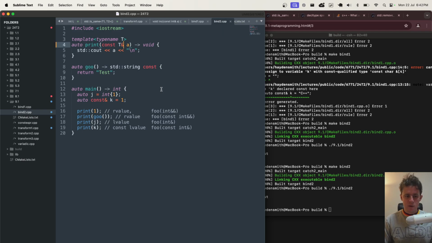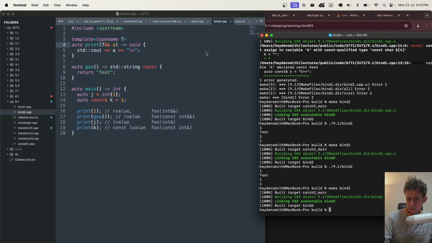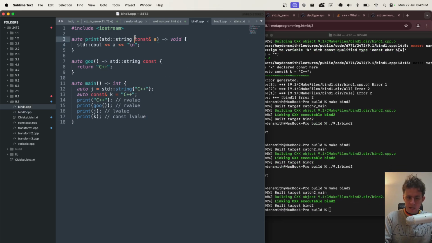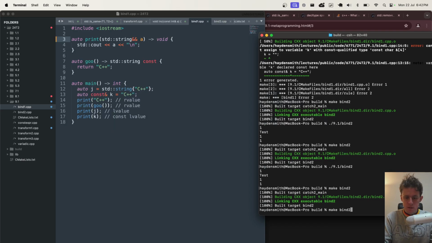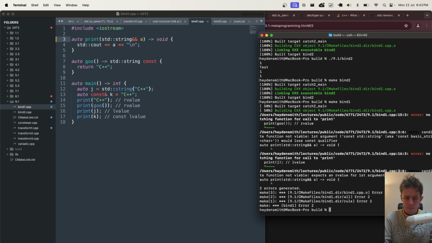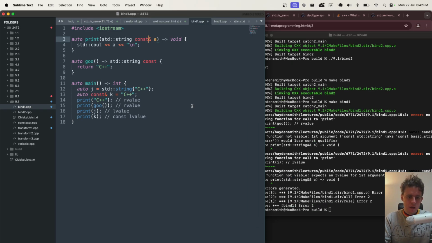It's more saying that a templated T works with templates. Whereas if I go back to bind 1 and simply say everything is a string R value reference like this, then that won't work, because you're trying to assign L values to R values.